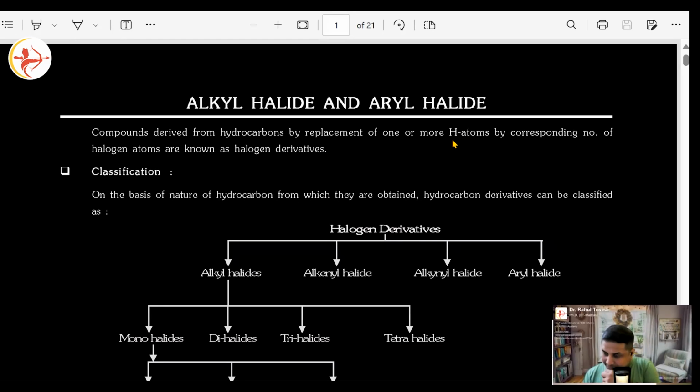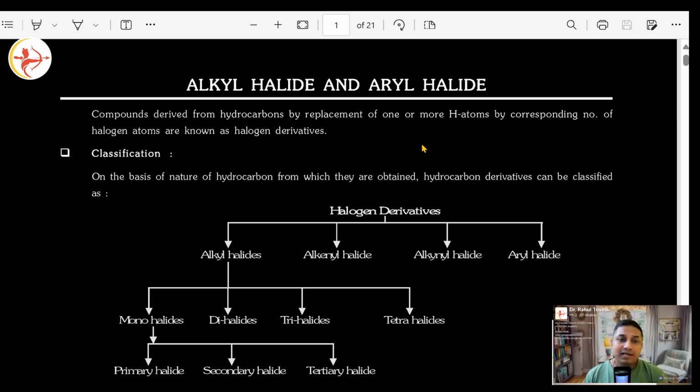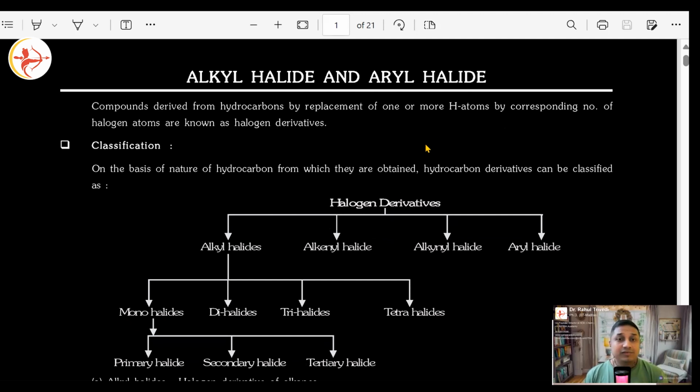So we'll be beginning alkyl halides and aryl halides. When it comes to this chapter, most of these reactions we have already seen. As I said, in GOC itself, I have revised the whole of organic chemistry for you. A few of these reactions we have seen even in hydrocarbons, where alkanes react to produce alkyl halides. Aryl halides is just an extension where aromatic compounds give their halides. Benzene reacts and forms aryl halides. That is what we have seen in the past.